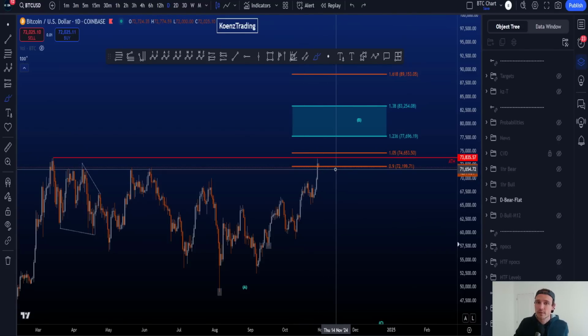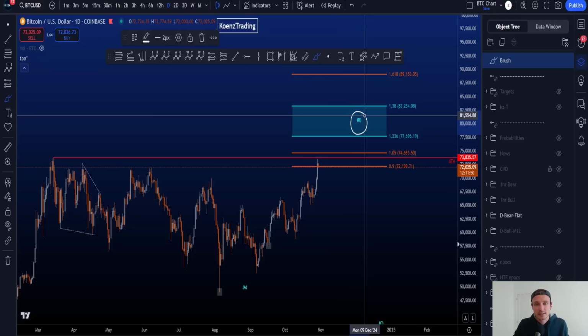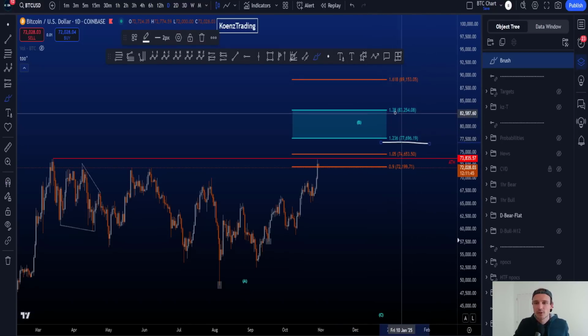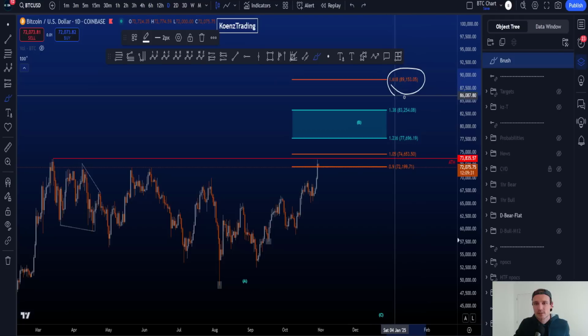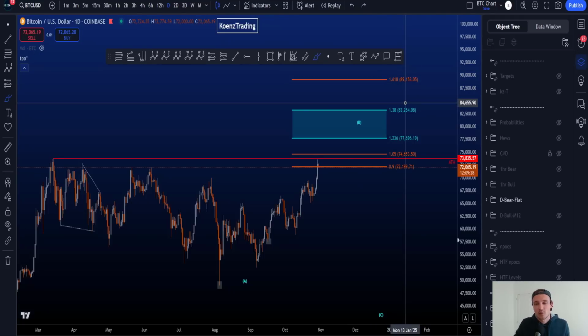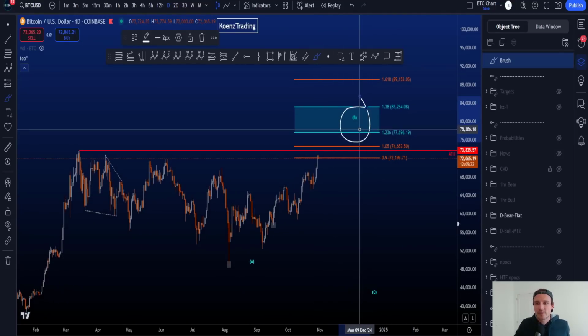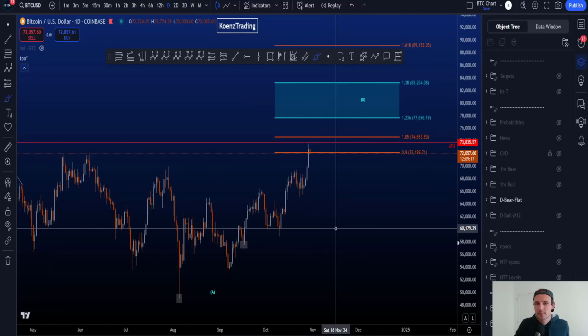The most common flat, however, is an expanding flat, and the target for wave B in an expanding flat is the blue box that you see on my chart, the 1.236 to the 1.38, 77.6k to 83.3k. If price would move up and hit the 1.618 here at 89.1k, then the probabilities for this scenario will significantly reduce. Now inside this wave B, however, you need to count a 3-wave structure to the upside,